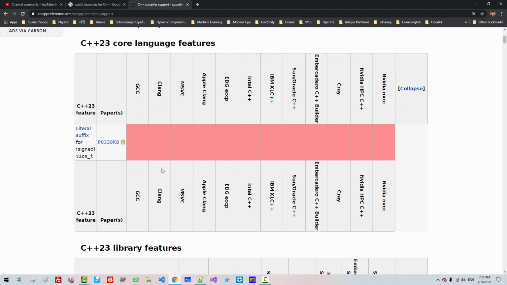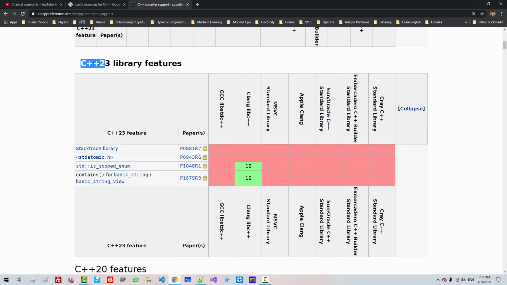If you scroll down, among the C++23 library features, the stacktrace library will be introduced. But this library is not yet implemented in C++ compilers.